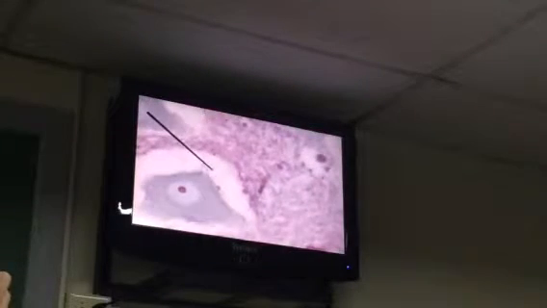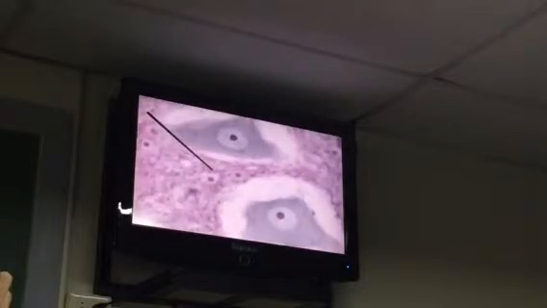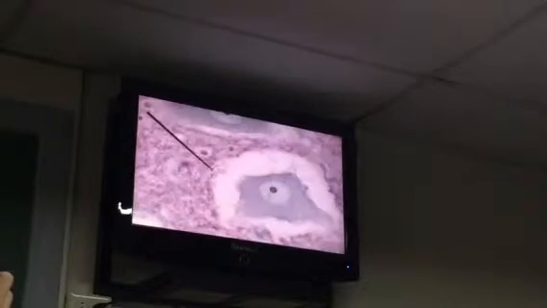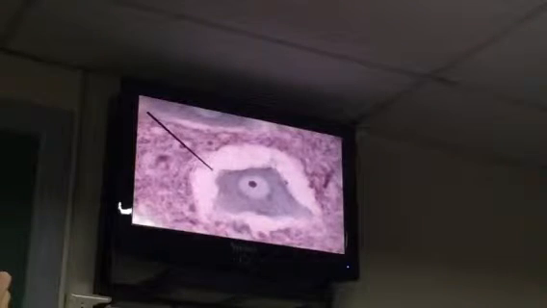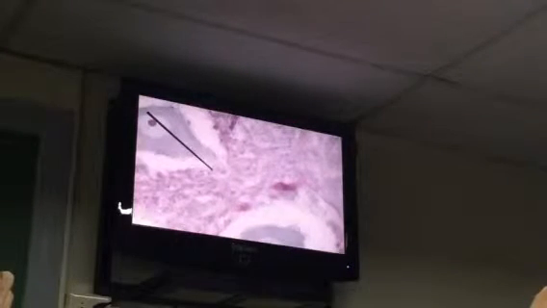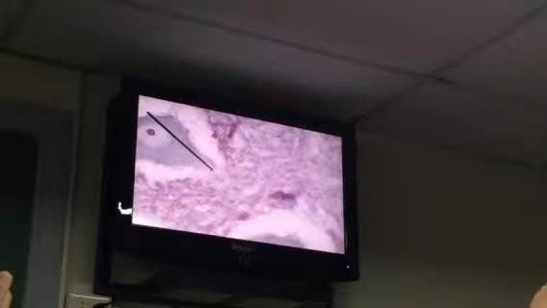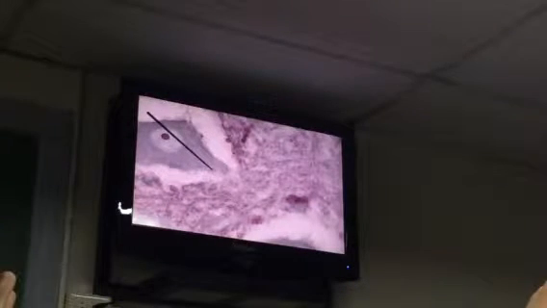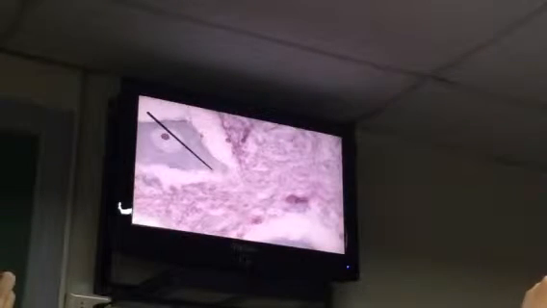The smaller projections are dendrites. This is one dendrite. This is another dendrite over here. Supposed to be coming from here, and then another from here. The biggest projection, of course, represents an axon. So this is supposed to be where an axon is attached to your nerve cell. Okay? Now, what else can we find in nervous tissue?